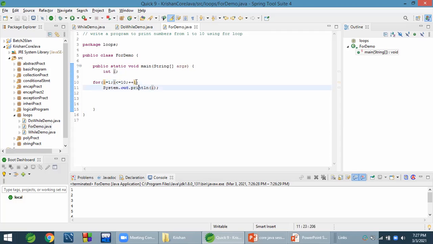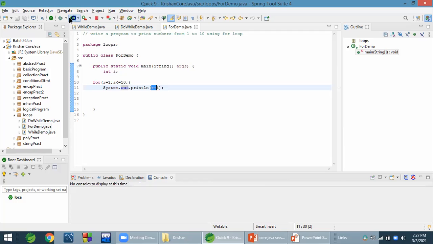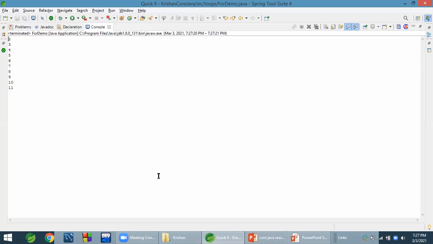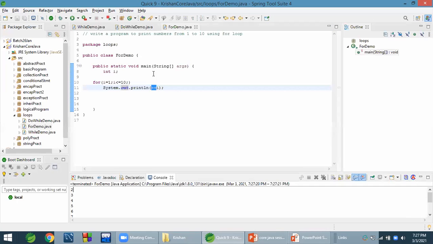That's why there is no impact of writing plus plus i or i plus plus over here. But if we write plus plus i here, and don't write it there, then there will be an impact. 1 will not print here. It will first increment and then print. So it might print from 2 to 10. Okay, let's run this. Here you can see it's not printing 1, it's printing from 2 because first it incremented, then it's printing. That's why 1 went away.